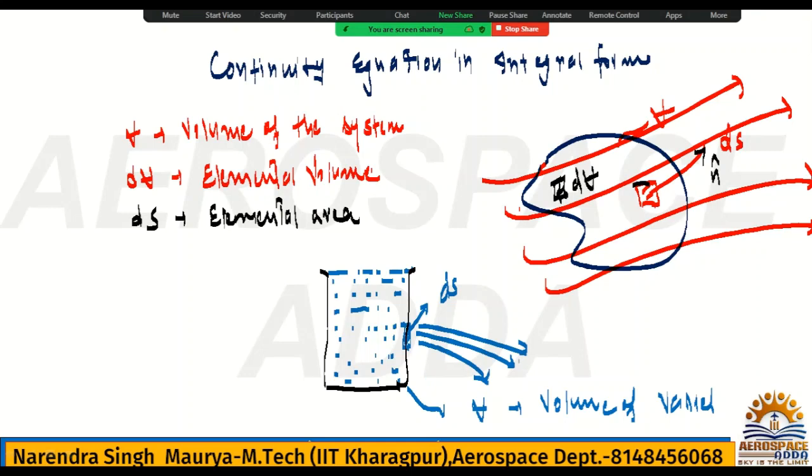So water outflow. Yes or no? When water is going out from the vessel, then what will happen? Inside, the volume of the water is going to decrease. Yes or no? Because water is going out. At the same time, another diagram also you can draw where you are filling water. So that time, check,